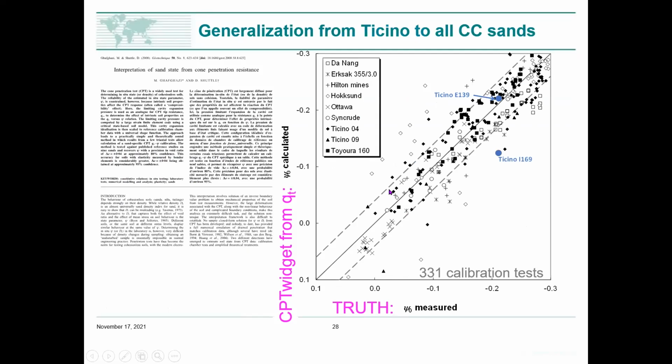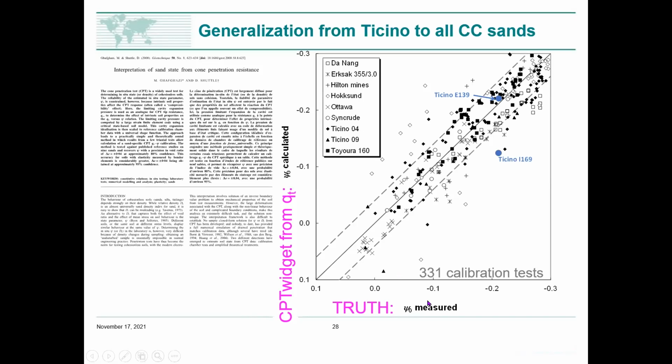So far I've talked about Ticino, and at the end of the day, we also ran it against Hilton Mines tailing, which is the biggest outlier in the calibration chamber. So we thought we'd covered off the idea that CQ was indeed unique. But really, you'd like to do better than that. Mason Gafghazi, and this is a part of his PhD work,